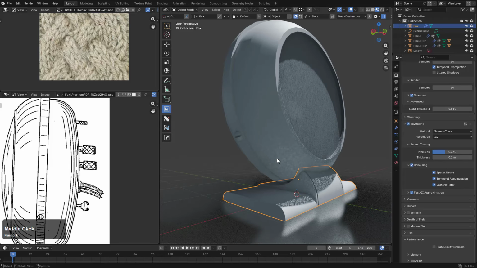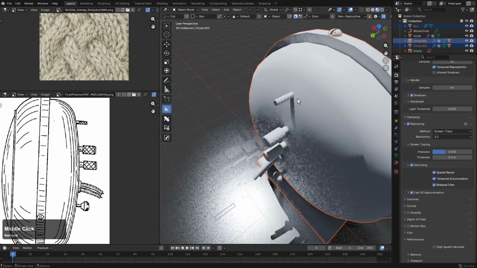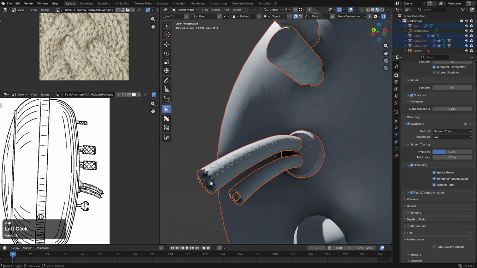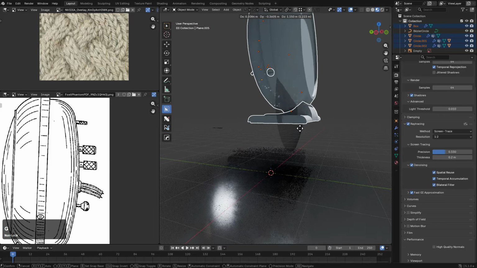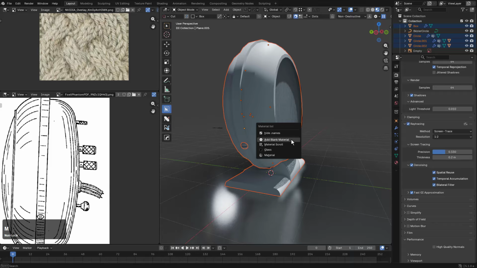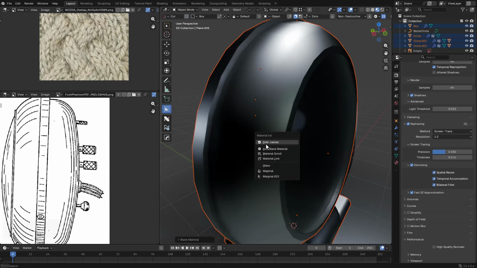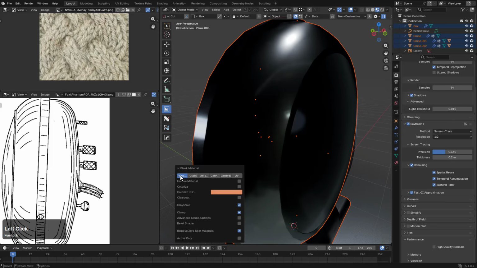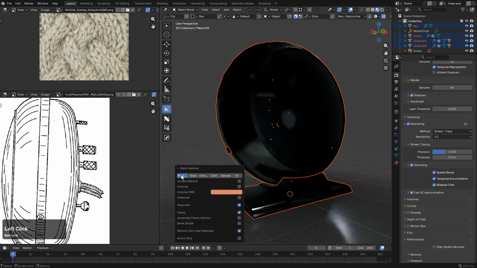Alright, so for the rest of this, we will just give it generic materials just to make it to the end of this. And let us press Alt M, and we'll just give it a blank material. And the thing about blank material is we can go under the F9, and if we just click it, we can reshuffle it again just to see what other combinations we get, like maybe something a little more